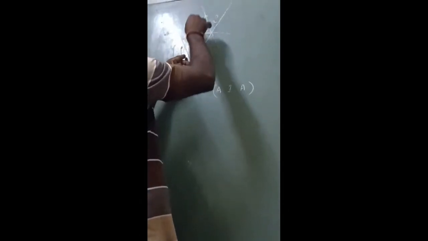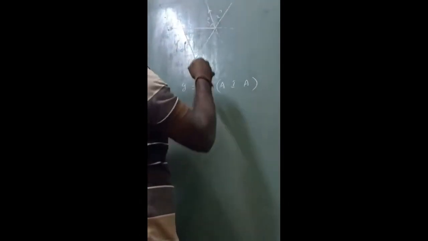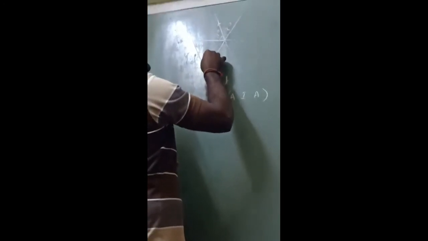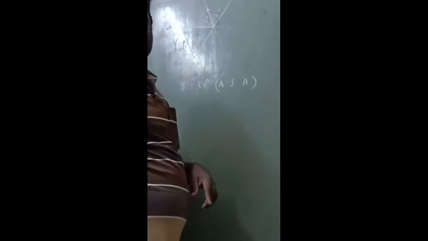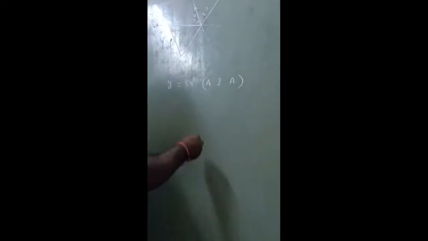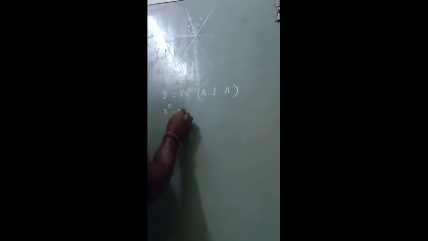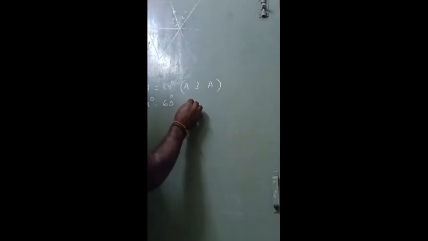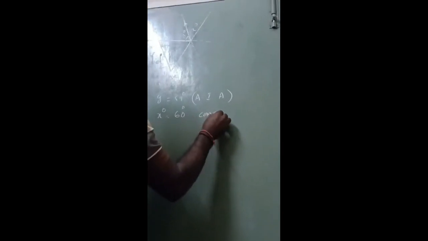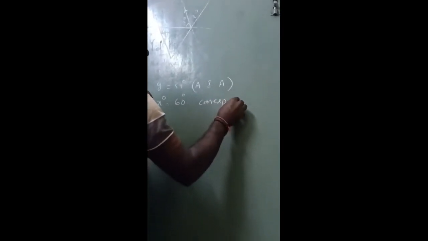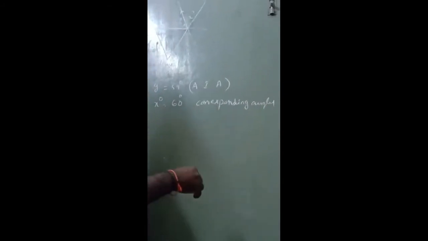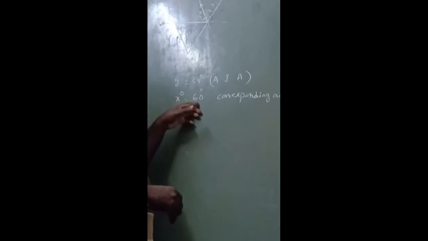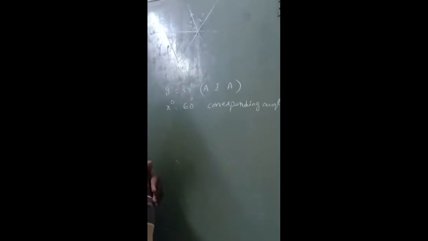This is a line. This is also a line. So these two lines are parallel lines. This is exterior. This is interior. Same side of the transversal. So corresponding angles. The corresponding angles, x degrees is equal to 60 degrees. Okay na? x is equal to 60 degrees, y is equal to 59 degrees.